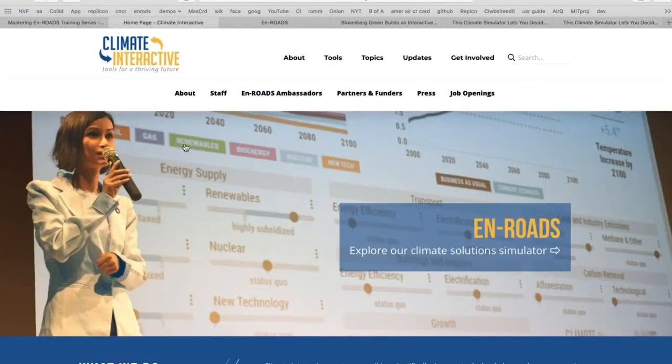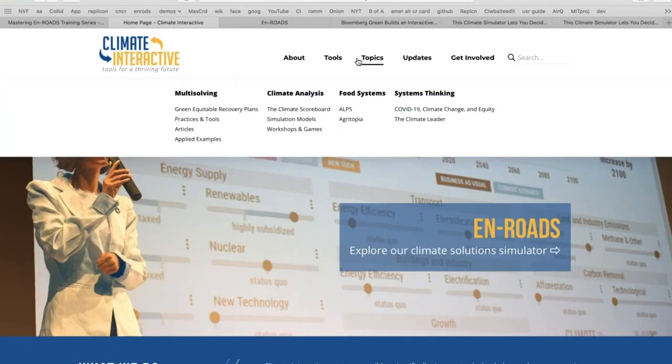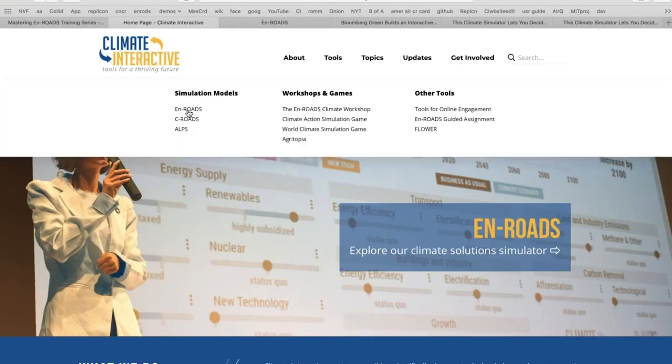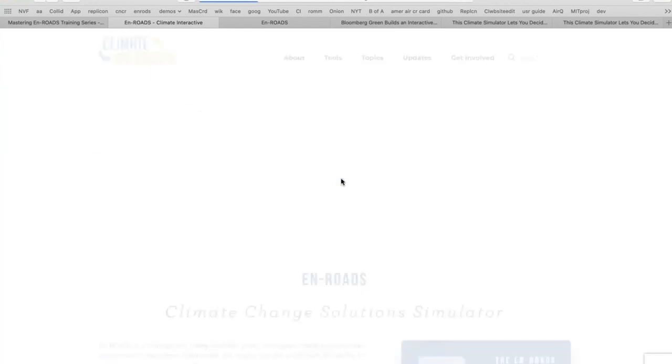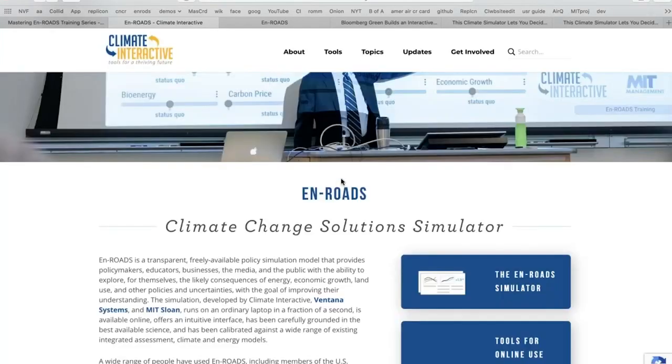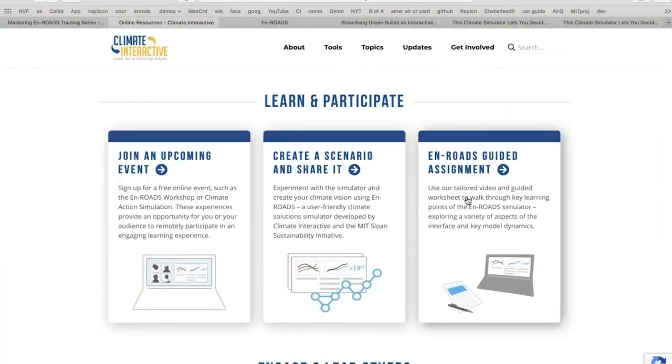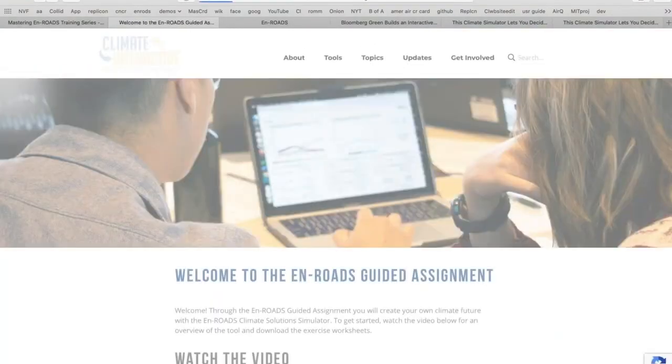Here is our overall website, and underneath En-ROADS, I'm going to go to tools for online use. So if you would send this, Yazzie, what we have is what's called the En-ROADS guided assignment.